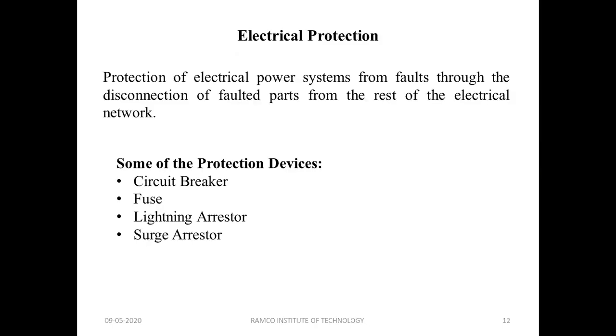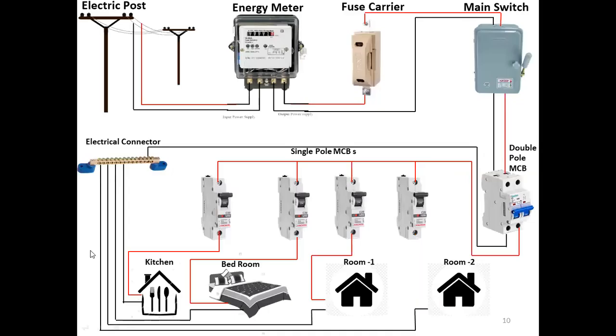See, the protection of an electric power system from electric fault. What is the electric protection doing? See here, if anything goes wrong in your kitchen, what will happen? This circuit breaker will trip the circuit. It is not going to rectify the fault. It will disconnect that faulty part. So something went wrong in your kitchen, then the protection system will disconnect your kitchen from the entire load. Right? So that is protection.